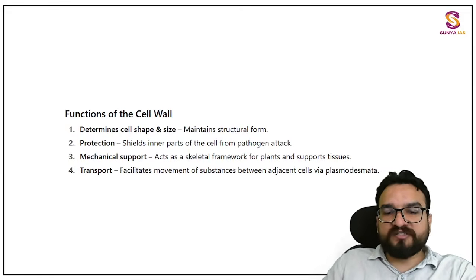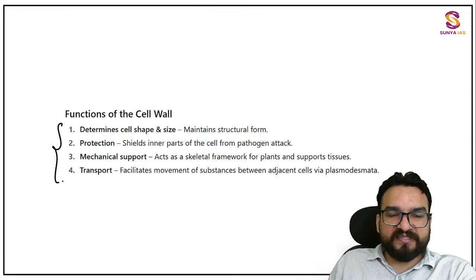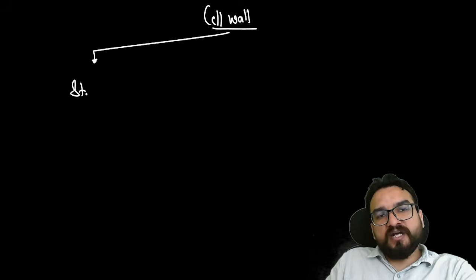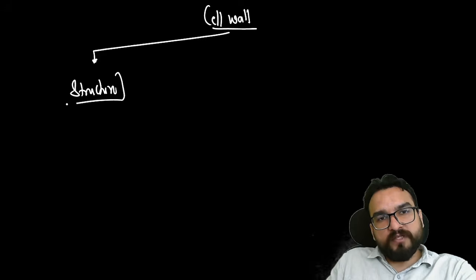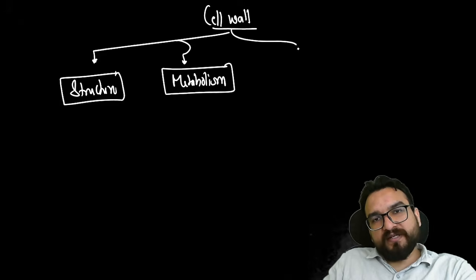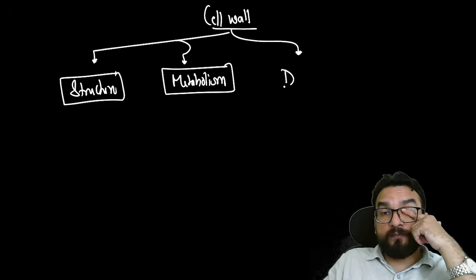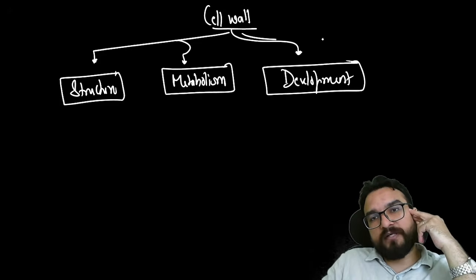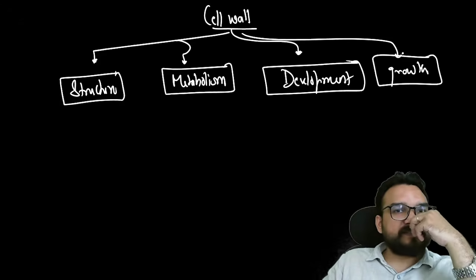Now functions, what are the functions of cell wall over here? These are written simply over here, what are the functions? But whenever you are writing the functions of cell wall or of any organelle, you try to think of it from a certain angle, that how it is giving the help in the structure part, how it is giving the help in the metabolism part, how it is helping it in the development part, how it is helping in the growth part. Like this you can remember it, right? One by one let us see how it is helping.